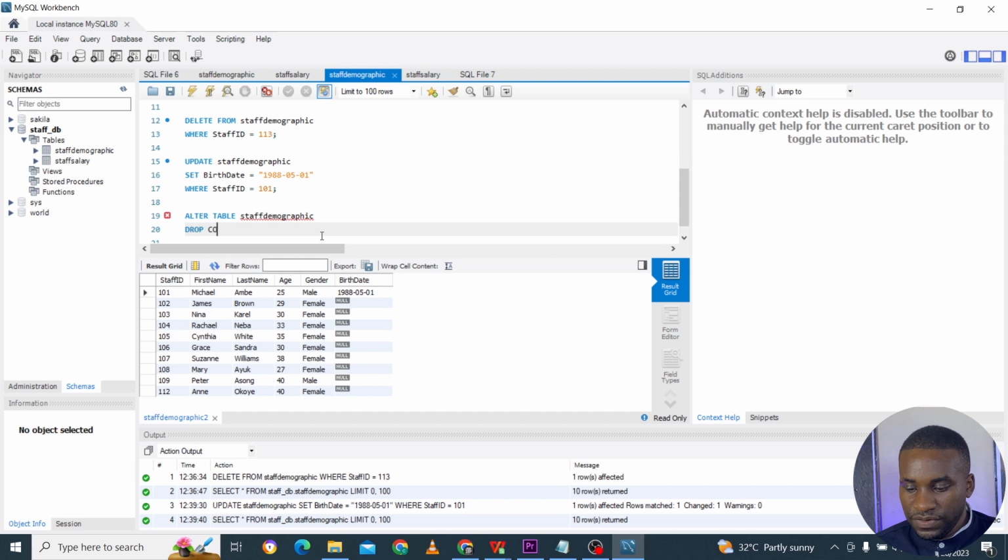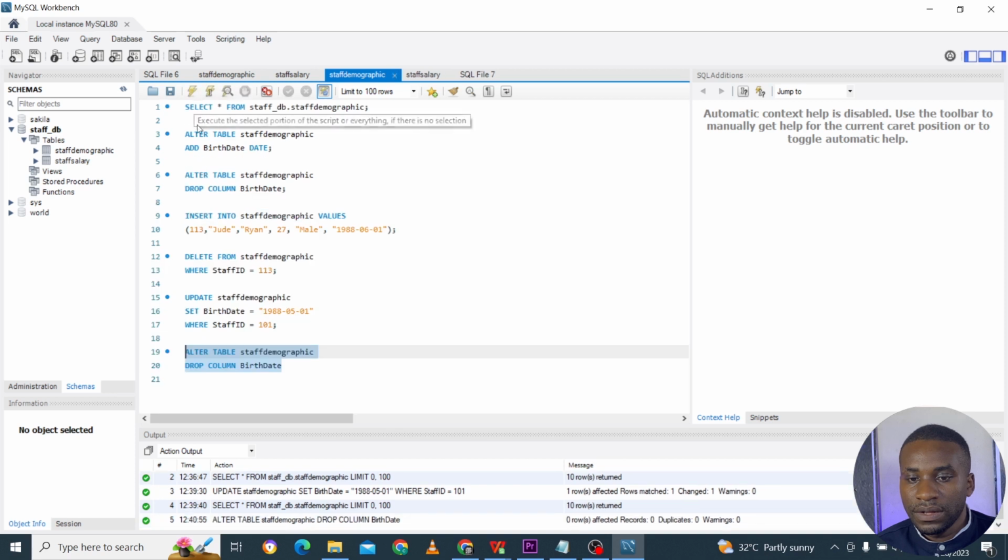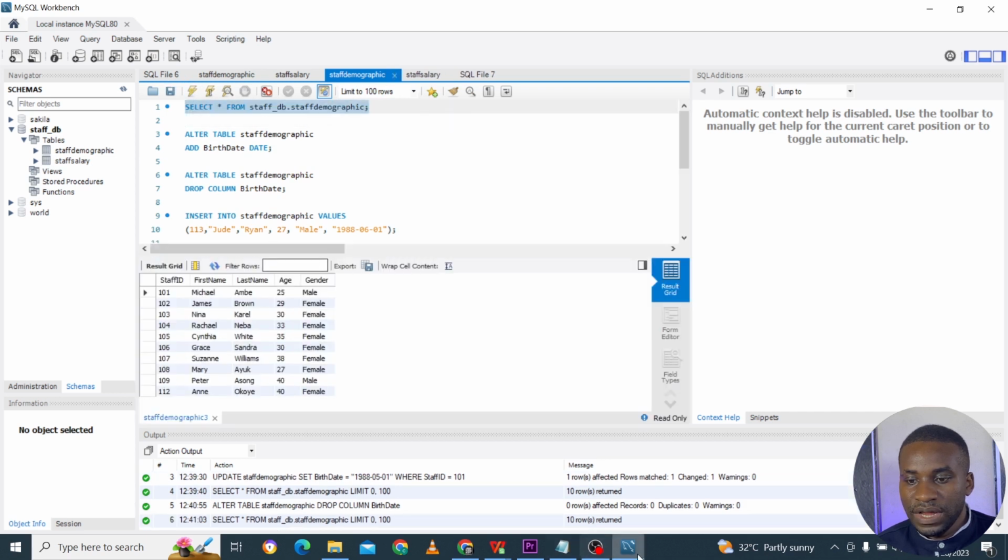Remember, that's what we looked at earlier, drop column. And what's the name of the column? Birth date. So drop this column called birth date. So when we run this, then we go back to your select from, run it, and then you see we have all this,